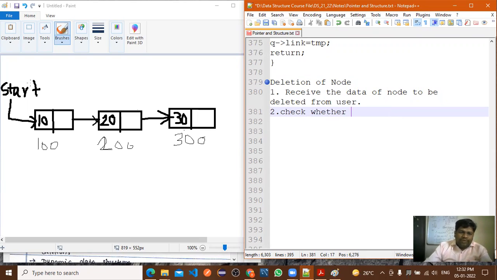now here what is the value of the start pointer? What is the value of start? Here 100. Now what is the value of start info? 10. What is the value of start link?